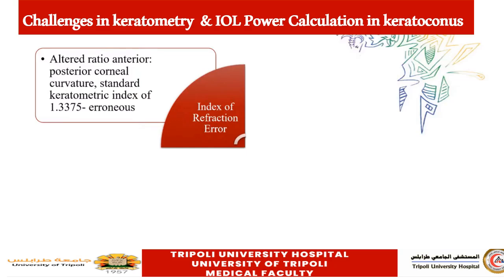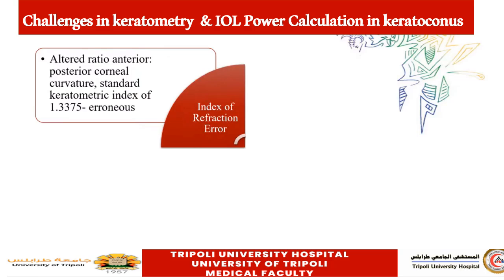This is the Gullstrand principle, according to the reduced eye model. However, in patients with keratoconus, the ratio in the curvature between the anterior surface and the posterior surface is altered. So this index is erroneous and should no more be used, because this will give you an overestimation of the K reading